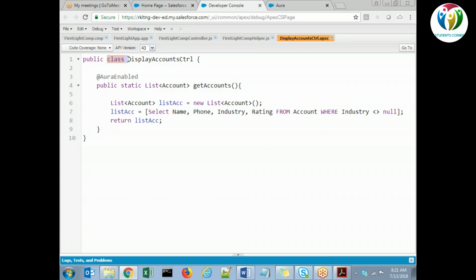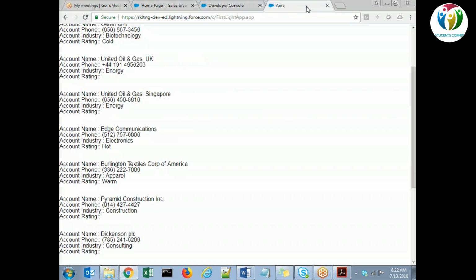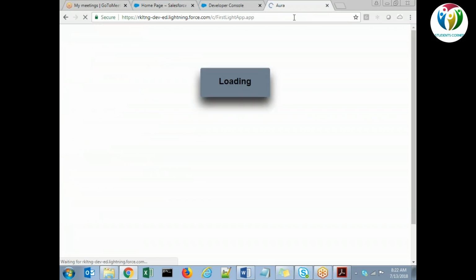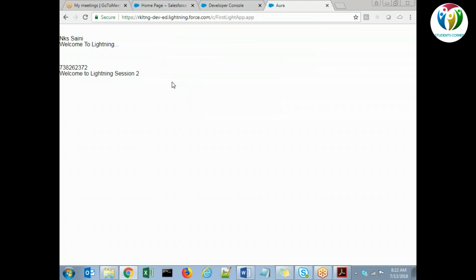Naresh, would there be any instance where we write methods without a return type at all? Yeah, it can be. Let's say you are sending some response from the server. You want to just insert the records, nothing else. Then you don't need to return anything. Right. Okay. The reason I wanted to ask was, will this method have any access to the JavaScript variables at all? I know it doesn't make sense, but I'm just asking. Does this controller have any access to the JavaScript variables? No, right? No. Yeah.